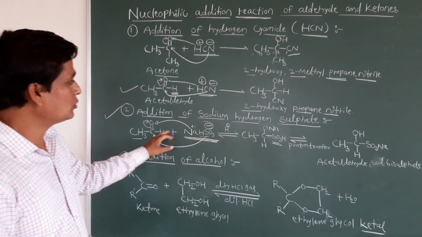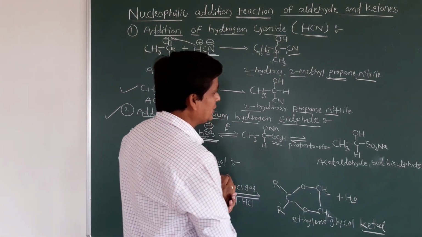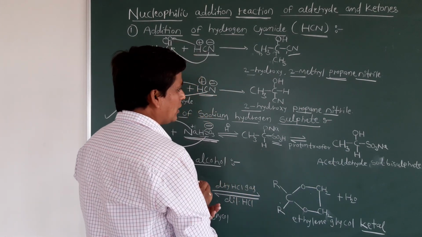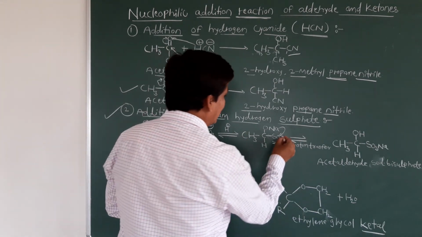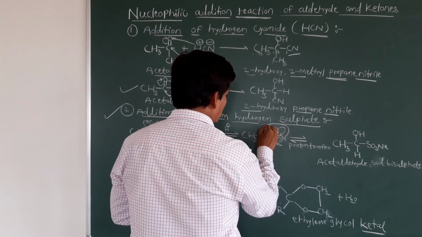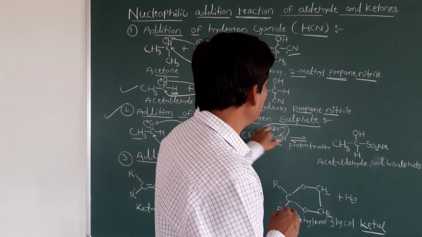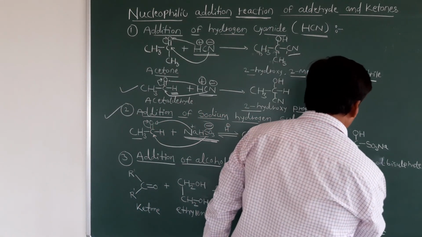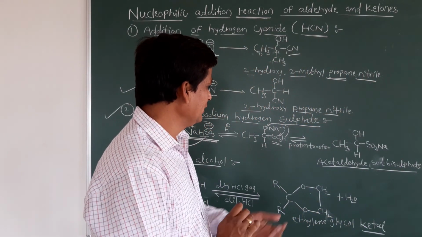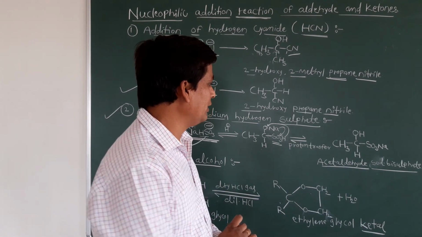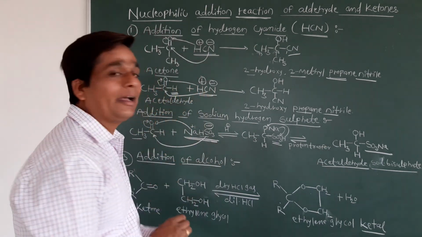Okay, students? So this is one of the intermediates, which undergoes proton transfer. How will the proton transfer? We can transfer the proton like this. This sodium will shift toward this SO3 group and this hydrogen will attach to this oxygen. So this is a proton transfer, and it is simply converted into the OH group. In this way we will get acetaldehyde sodium bisulfite. Now clear everybody? How do we get the acetaldehyde sodium bisulfite? Because the sodium group is there, the sulfonate group is there, and it is actually the structure of acetaldehyde.